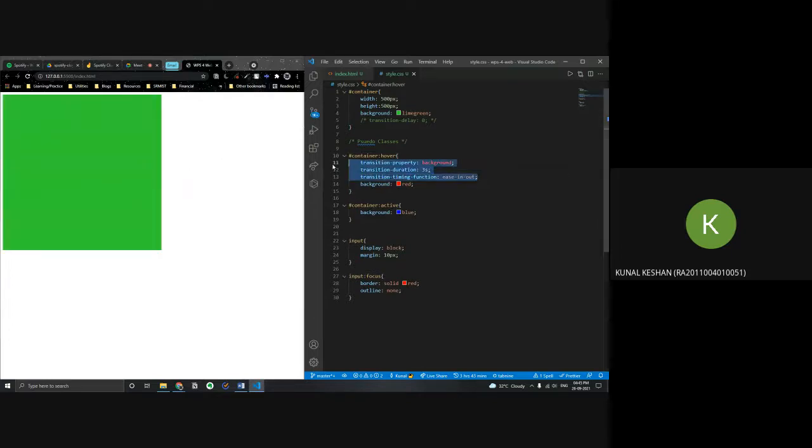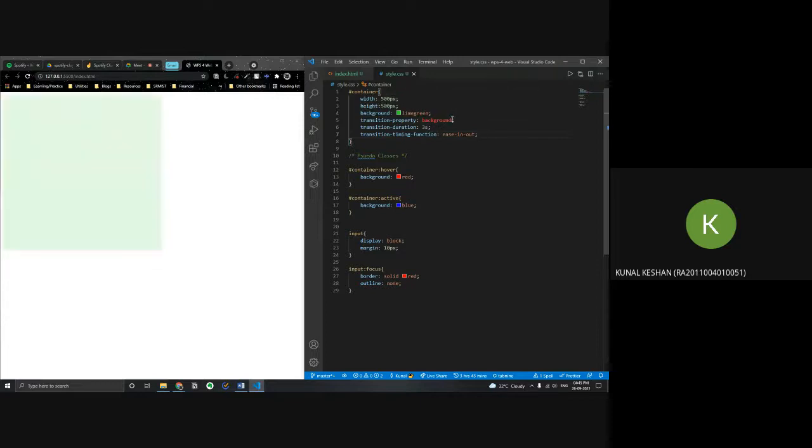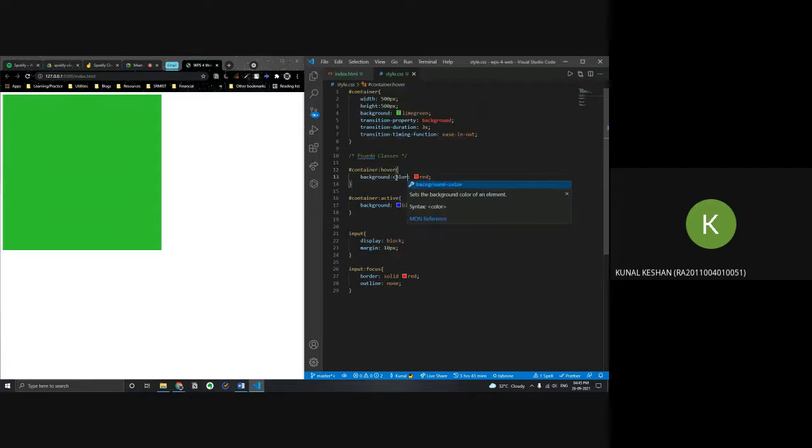Okay, this seems to be a side problem. So let's do background color.